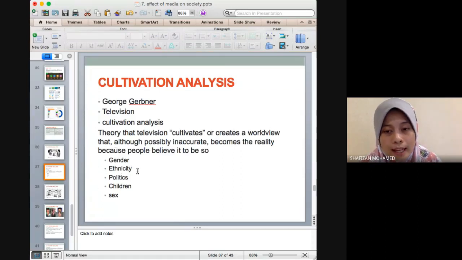Or the same thing with ethnicity. We are cultivated into thinking that the white people are the better group. We are cultivated into thinking that the black people, for example, are the problematic group. Can you understand? You can try to apply this logic to politics, or when we talk about children,